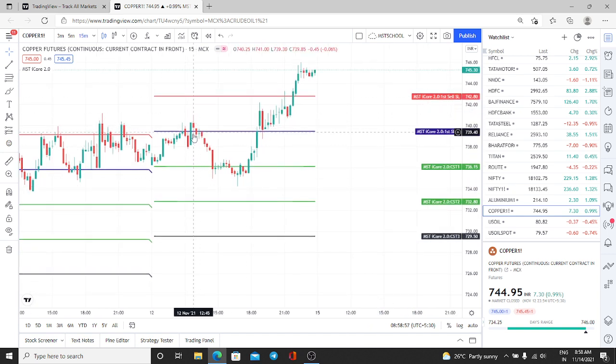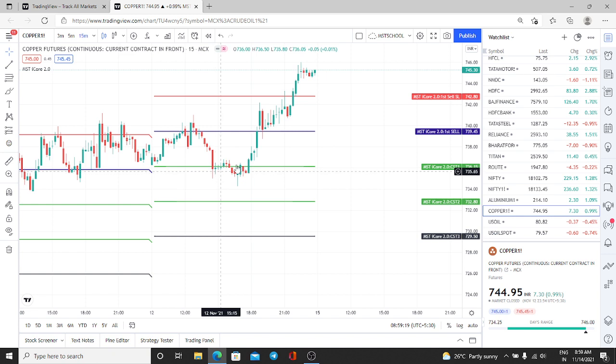Now, what you do when the second candle is a red candle and the low of that candle is broken. That is, this candle's low is broken. That is exactly our entry price. This is a 100% sure call, a 100% sure call that the market will come down. So immediately our first target is achieved.